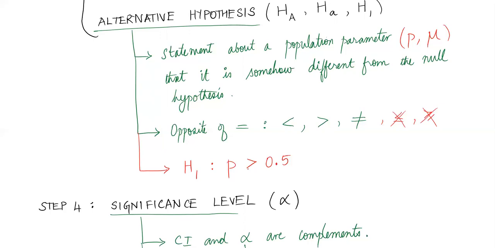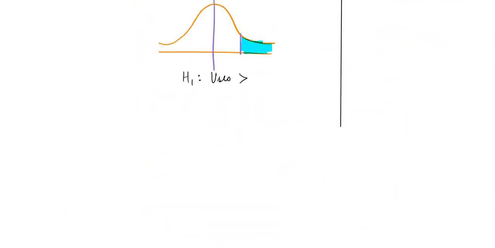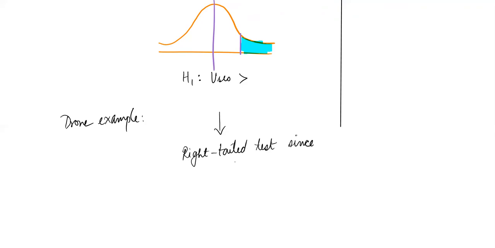Now, if you are using the p-value method, then we have to use the table. So this is a tail test. Let me write that down first. So for the drone example, under the critical value, it would be a right-tailed test, since H1 gave us p greater than 0.5. So it was a greater than symbol. That made it the right-tailed test. If you're using the p-value method,